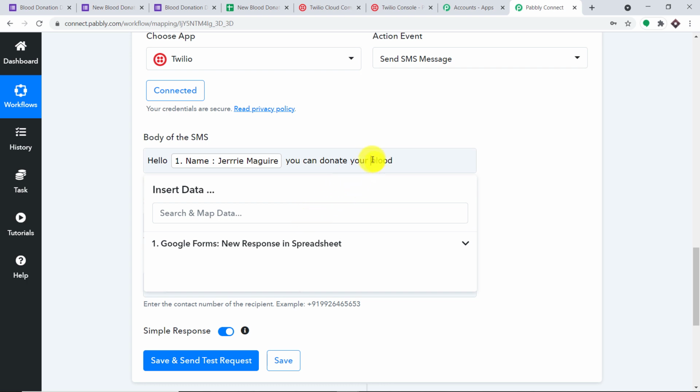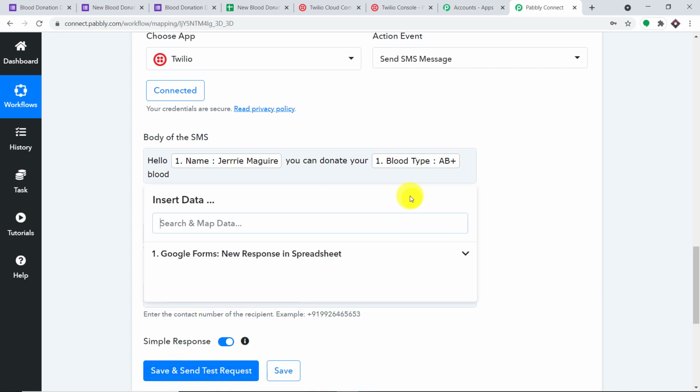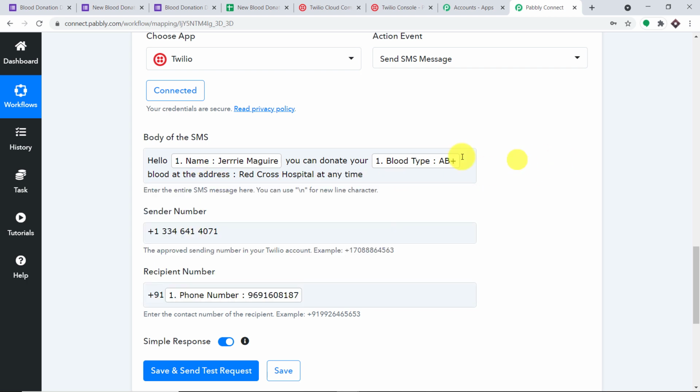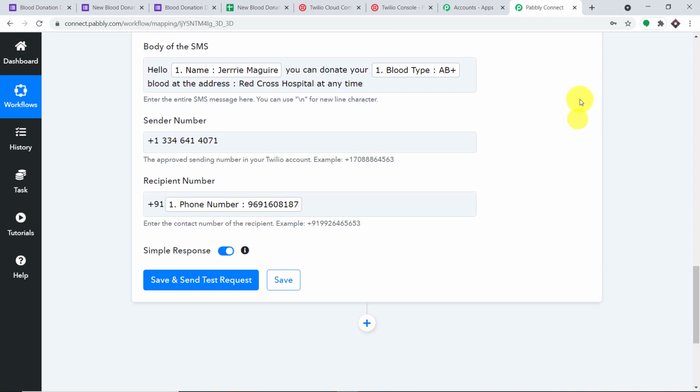Donate your AB positive blood at this address, Red Cross Hospital, at any time. Okay, so hello Jerry Maguire, you can donate your AB positive blood at this address, Red Cross Hospital, at any time. So all we have to do is just click on save and send test request to send the message.